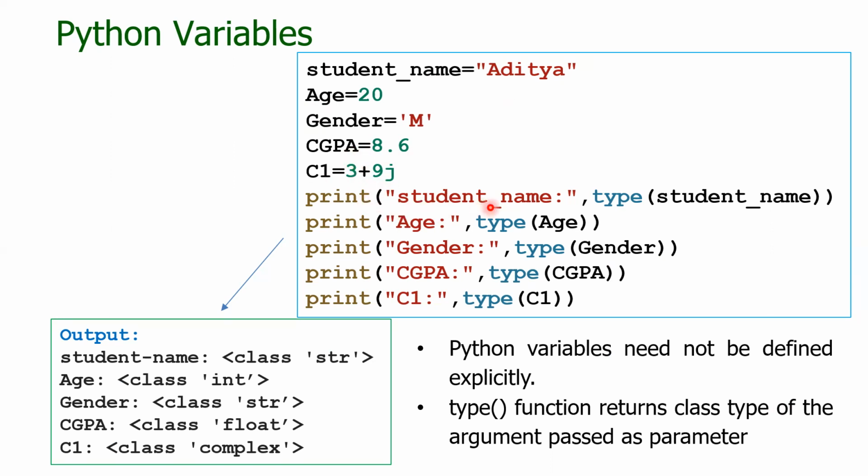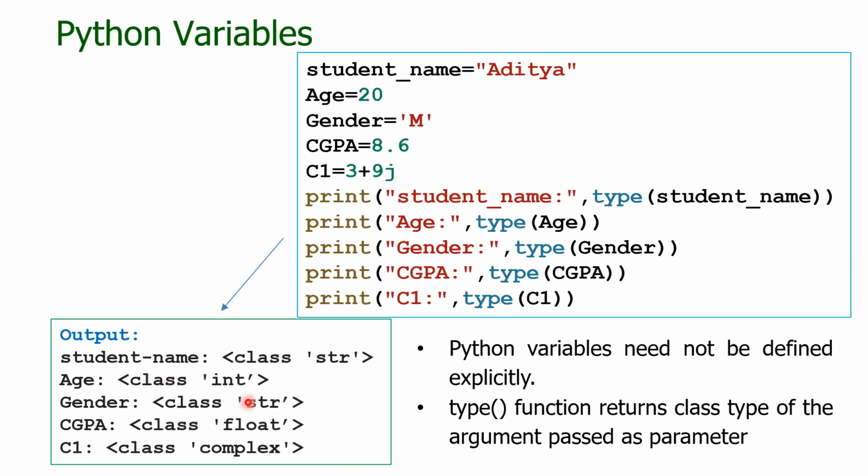And then we are printing the type of each of these variables by using the type function. So type of student name gives you the type of the data that is being stored in student underscore name. Similarly, type of age gives the type of the age, and similarly type of gender and type of CGPA and type of C1. So if you look at the output, student name is a string class, age is an int